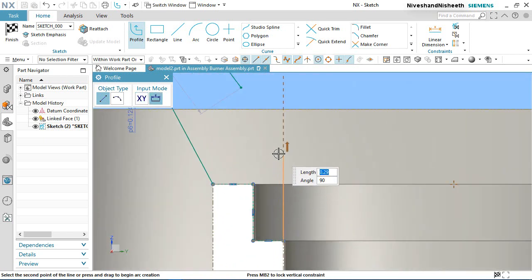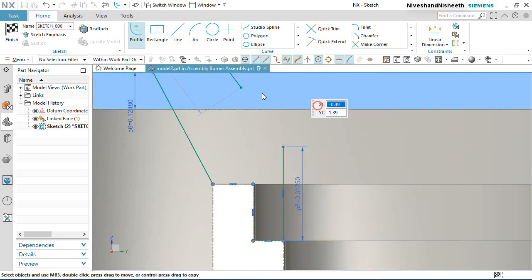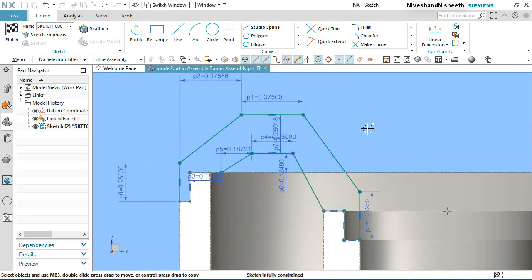Start the line from here. The length value 0.3125 inches. Choose this point and apply coincident constraint. Now see, my profile is completed.